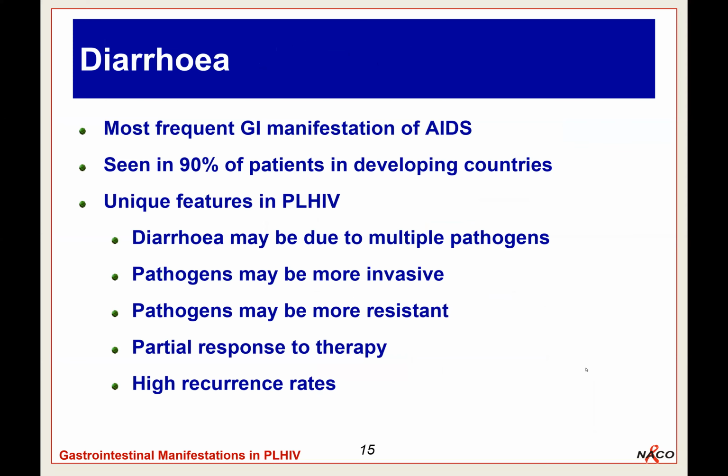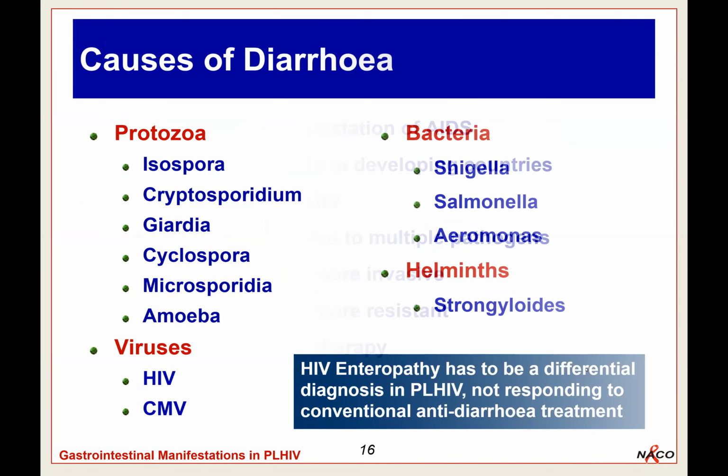count is very low, like Cryptosporidium, Isospora, Microspora. But other common pathogens which cause diarrhea also need to be considered. So as our labs are also not well equipped, we are always not in a position to isolate all these organisms. So when you get any patient complaining of diarrhea, usually we treat empirically in those patients with ciprofloxacin or ofloxacin, and in combination with metro